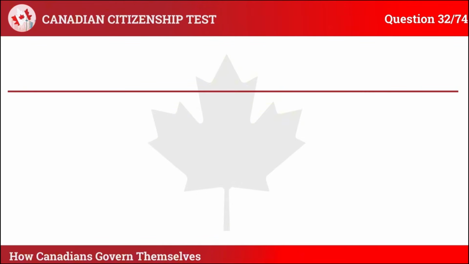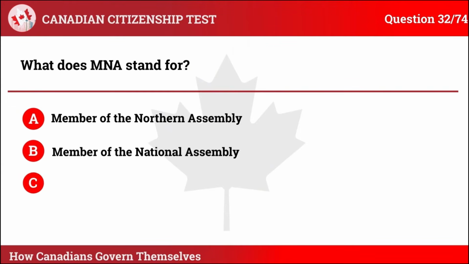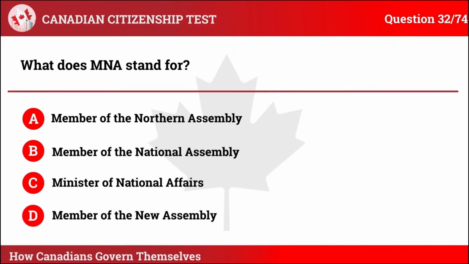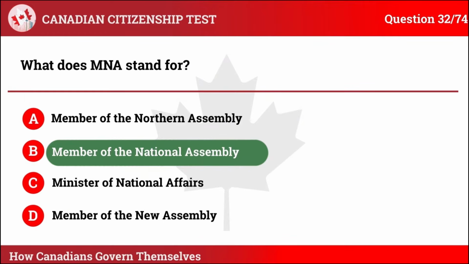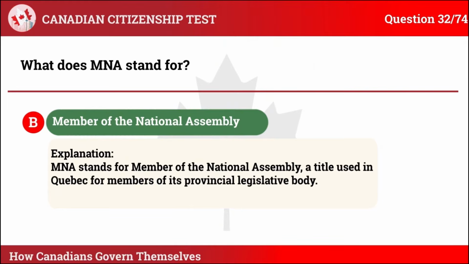Question 32. What does MNA stand for? A. Member of the Northern Assembly. B. Member of the National Assembly. C. Minister of National Affairs. D. Member of the New Assembly. The correct answer is B. Member of the National Assembly. Explanation: MNA stands for Member of the National Assembly, a title used in Quebec for members of its provincial legislative